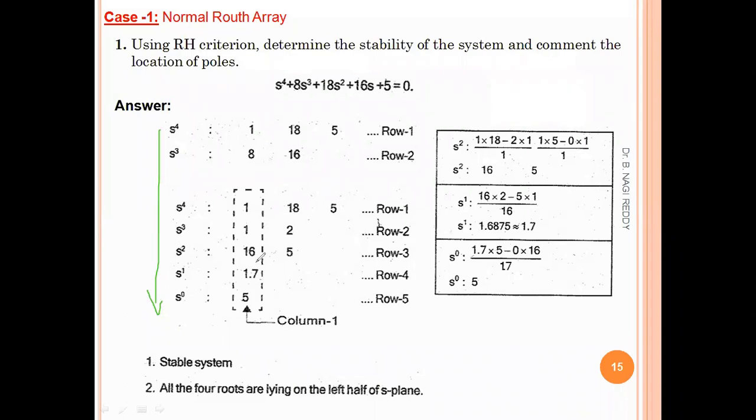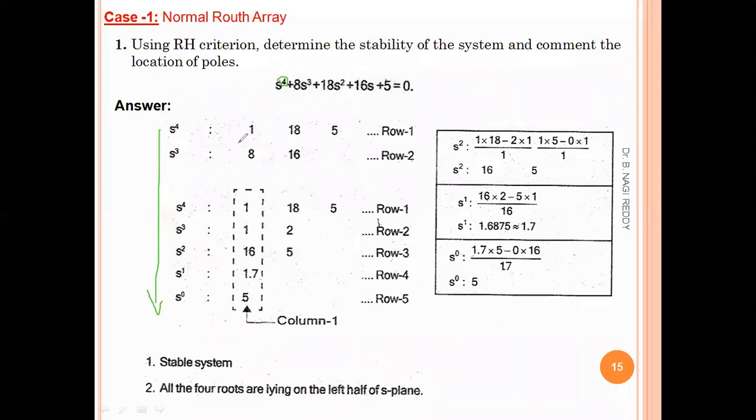So the complexity or the length of this Routh array completely depends upon the maximum s power. Here only s power 4 is there. So that's why here we got 5 lines, because 4, 3, 2, 1 and s power 0 is also there. If this s power is more, like s power 8 or s power 9, then we will get 9 rows or 10 rows based on the s power. So the complexity depends upon this s power, right?